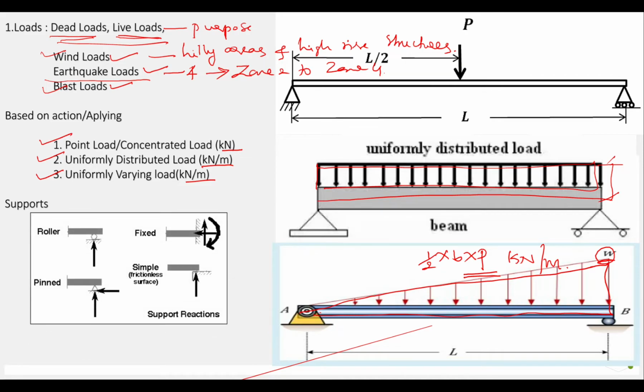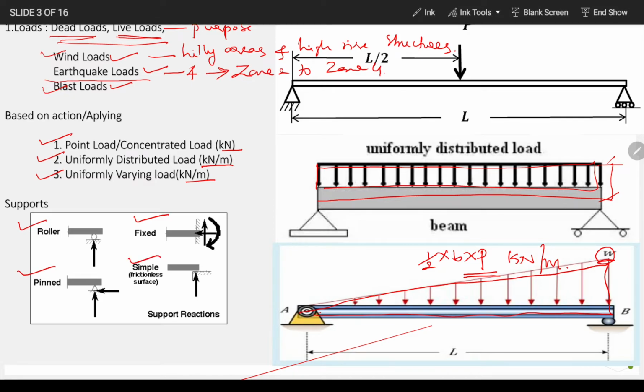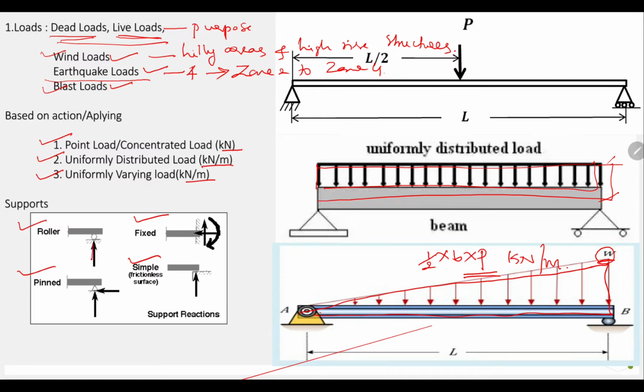And for this we have the supports like roller support, fixed support, pinned support, simple support. I explained this also. I am not going into detail on this. Anyway, I will tell you, for the roller support, the number of unknowns you need to calculate is only 1. Pinned support, the number of unknowns is 2, and fixed support, 3 unknowns you need to calculate. Simple support, of course, it is 1. The difference between roller and simple support, I told you in the previous classes, this is very important, you need to understand this.